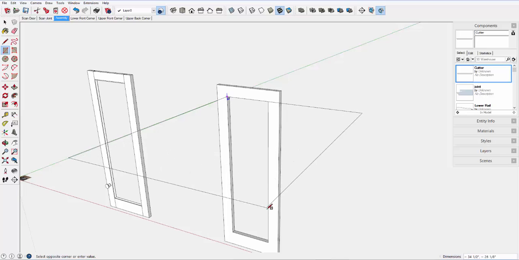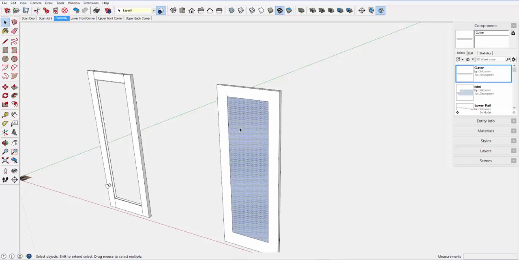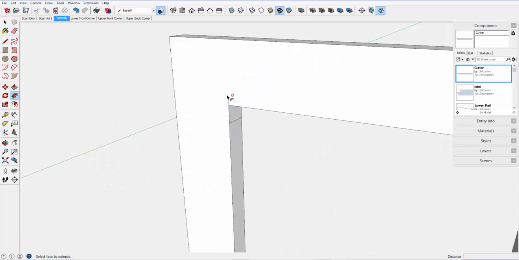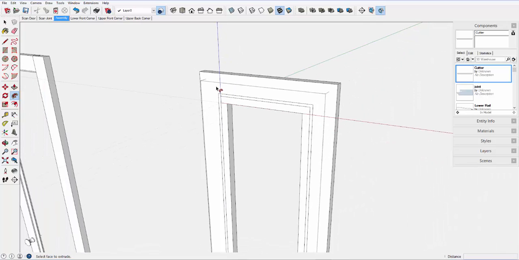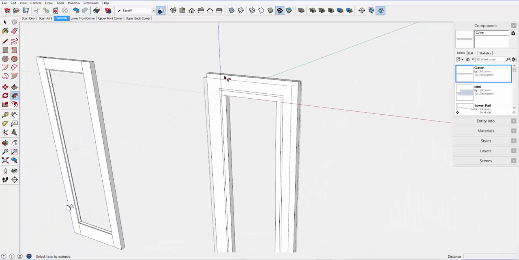Just use the rectangle tool to show the proper path for the cutter, and then select the path and choose Follow Me and edit the group and click, and I've got a component or a group that's cut out in the inner